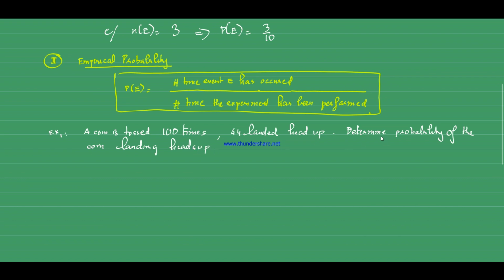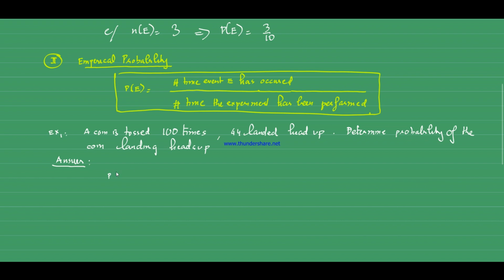Now, if you read the question, you will see that they didn't say determine the empirical probability, but it's your job to figure out what kind of probability we are doing here, theoretical or empirical. In this case, the question tells you that this is empirical probability because you see the number of times the experiment is performed. If it were theoretical probability, they would just say a coin is tossed, and how many times you get a head up, something like that. But now we have tossing 100 times, so the probability in this case will be